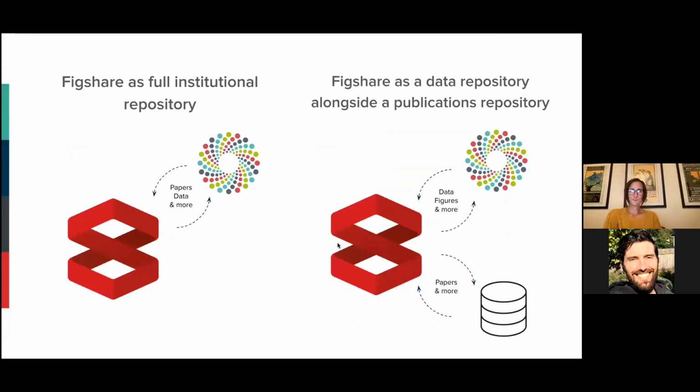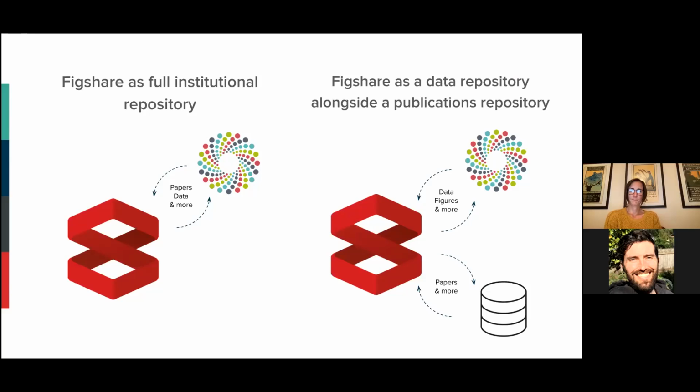So there's really two models that are available to you here if you're looking at connecting Figshare up to Elements. So one is to use Figshare as the full institutional repository where there are papers, data, videos, figures, all kinds of things being sent backwards and forwards between the two systems. But the other pathway that is available is to integrate Elements with more than one repository. So if Figshare is a data repository, it can be syncing up that data with Elements whilst papers are being connected to another repository. So at the moment we offer bidirectional integrations for DSpace, ePrints and Hyrax, and actually as a part of that integration,